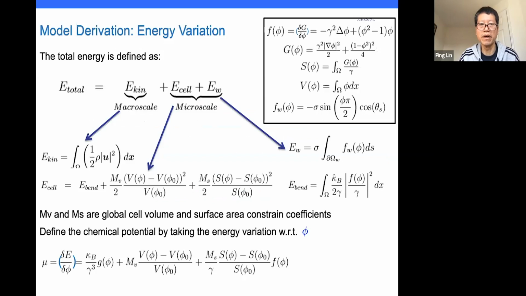So it will be the kinetic energy, and then you have the cell, the binding energy. This E cell stands for the binding energy. There is an expression here, and then what is F and so on. I don't have it here, but you can find these from the literature. And then these are the binding energy. I'm not going to explain it here, but you have this thing which is volume,